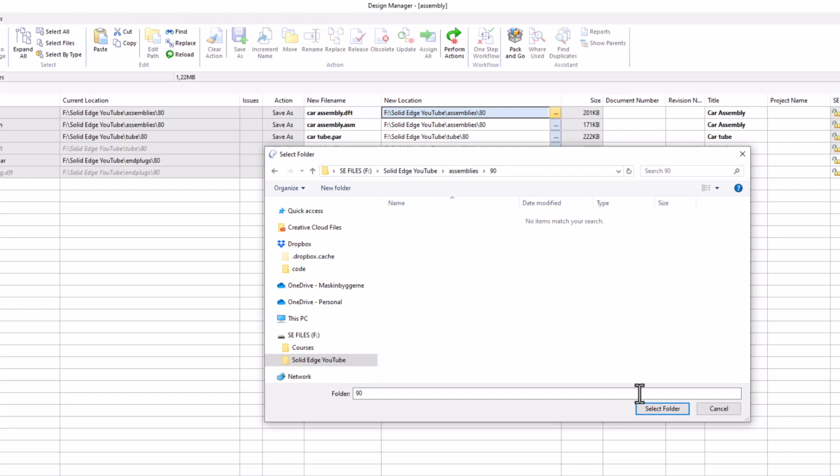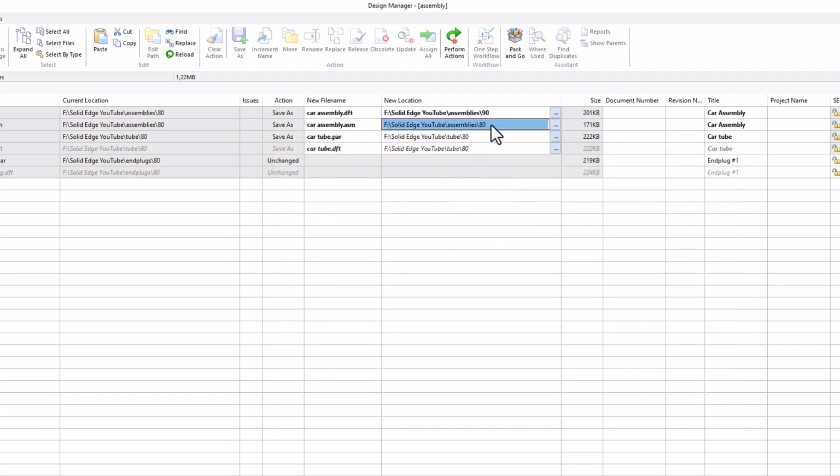Assembly in the 90 folder, that's fine. I can change that manually here. I want to change that here as well. The 90 folder, I already created that, so that's fine. And new file names, new location, new titles. That's all I want. So let's press the perform action